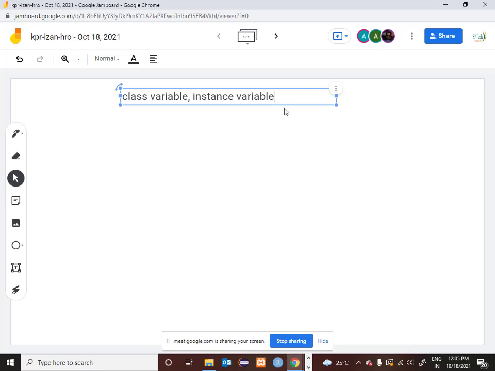So what I was trying to tell you is, we will see what is a class variable, and we shall see what is an instance variable, and we shall also see one very important concept in object oriented programming. We call it a constructor. This is a very important concept as far as OOPS is concerned, and it is also important as far as interviews are concerned, because they'll ask you a lot of questions on constructors. Very simple concept. Try to understand this.